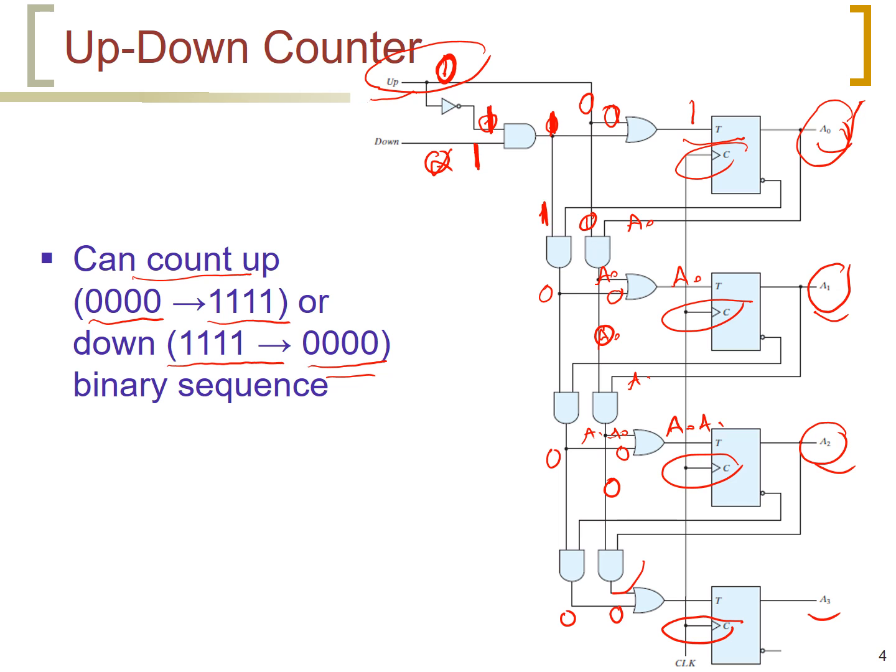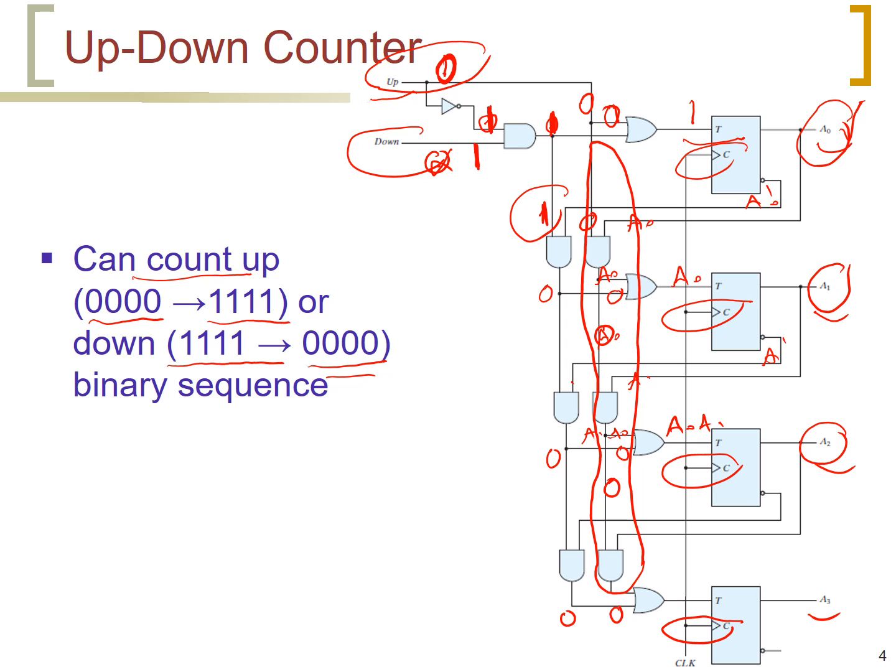Therefore, all these AND gates will have output of 0, and the inputs to the OR gates will be obtained from the other signals, which is ANDing the down signal, as we can see here, with A0 prime. This is A0 prime, and A1 prime here,